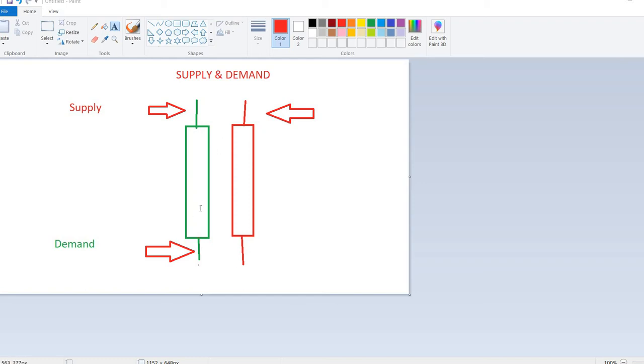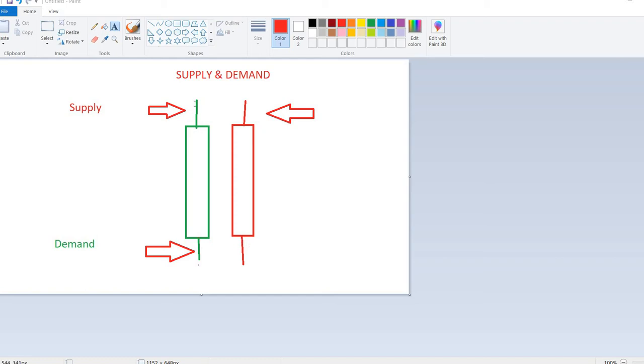So if you look at this green candle, there is a wick here, right? What does the wick mean? Price came down to this level and quickly got rejected and went up. Okay, because there is a demand, there are buyers. The same way here also, right? Even though it's a down candle, a red candle, price came here and started to go up.